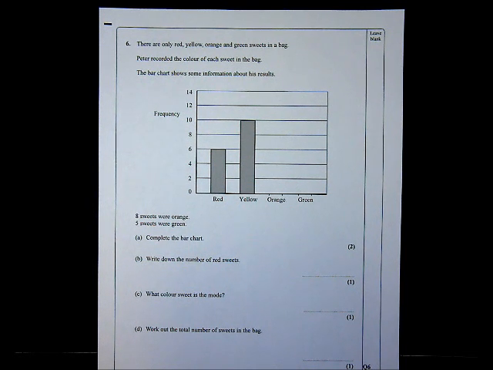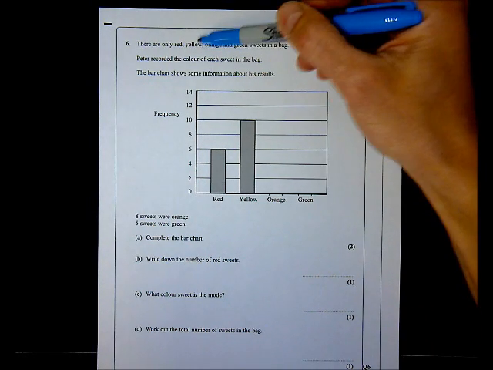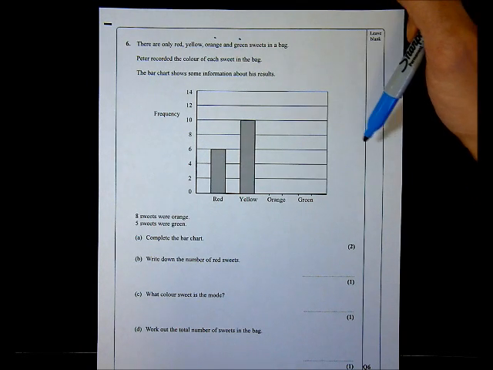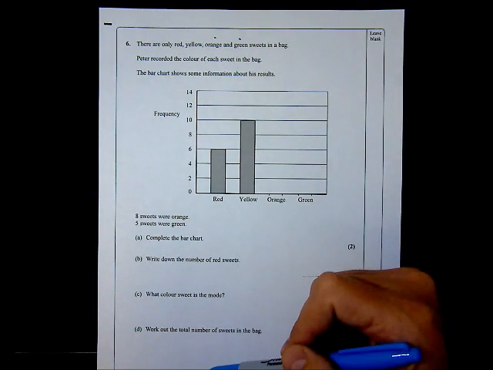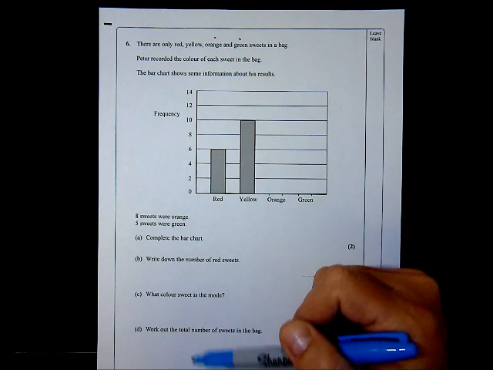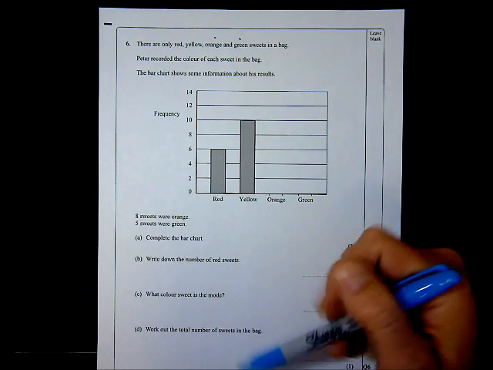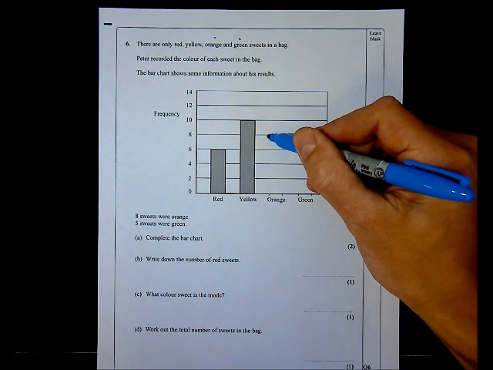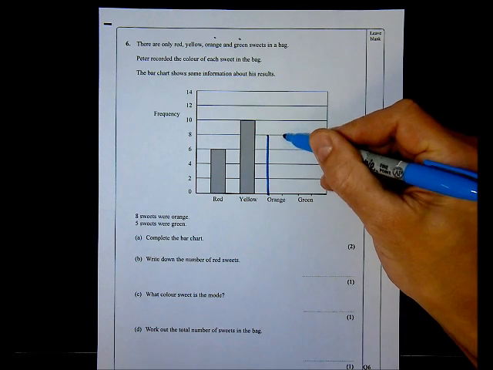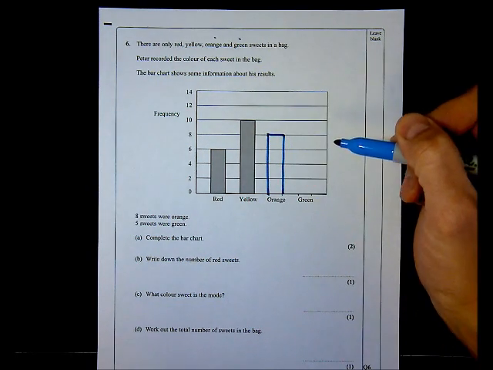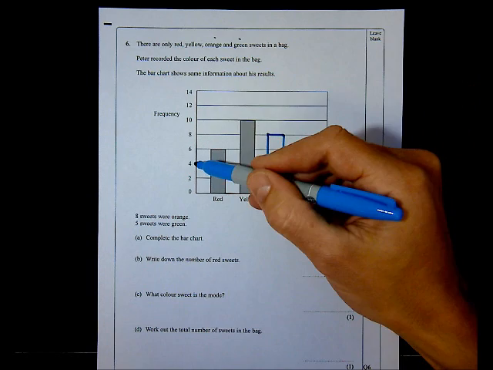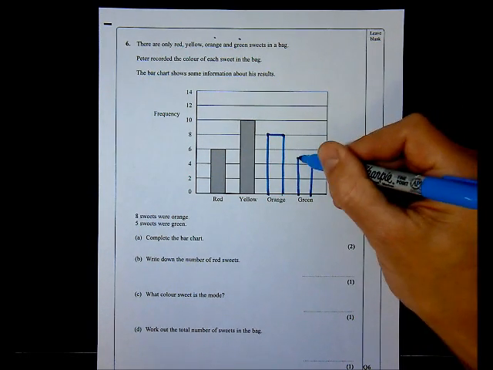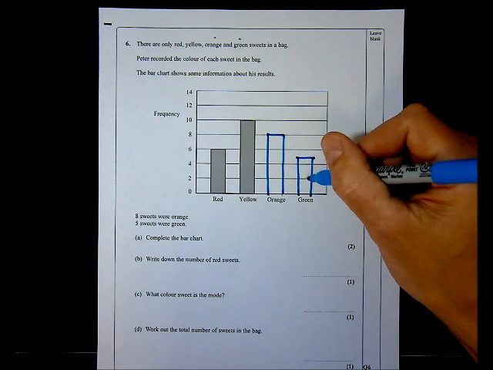On question number 6, I'm told that there are red, yellow, orange, green sweets in a bag, and that they've been recorded in the bar chart. I'm then told that 8 sweets were orange and that 5 sweets were green, and I need to complete the bar chart. Now in your exam you'll do this with a ruler, however I'm going to do it without, just for speed. 8 sweets were orange, so I'm going to draw a vertical line in the orange bar, going up to 8. And I'm told that 5 sweets were green, so again, I'm going to need a line and create those bars for green and orange,